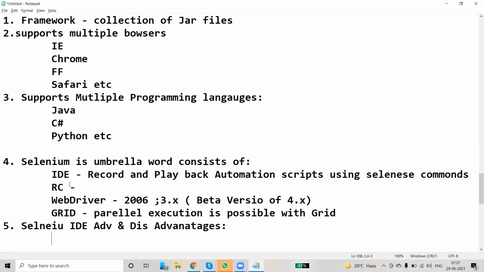There is a middleware component called Selenium RC server that sends commands to the browser and receives responses. Selenium RC uses a proxy to communicate with the browser, but WebDriver does not use any kind of proxy.